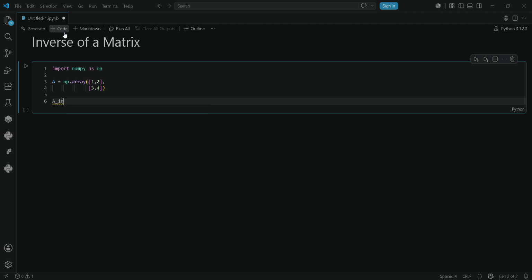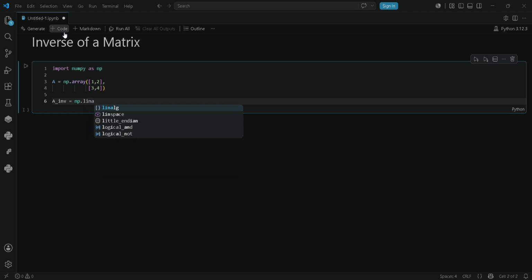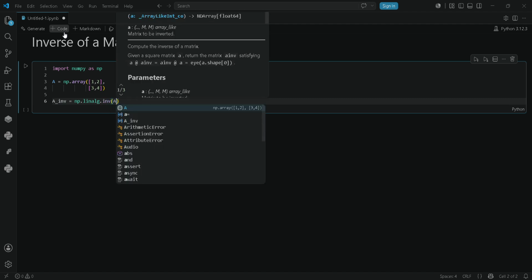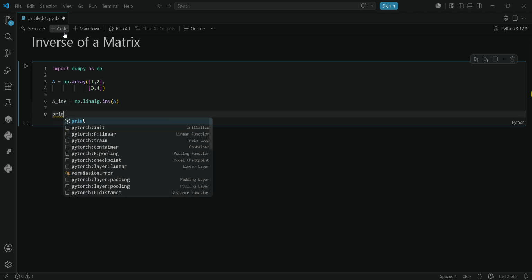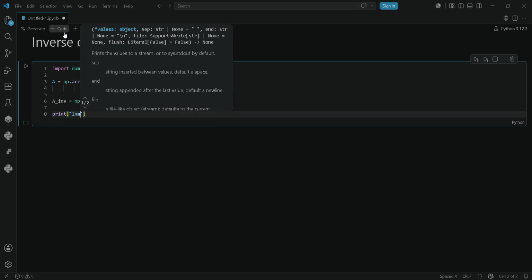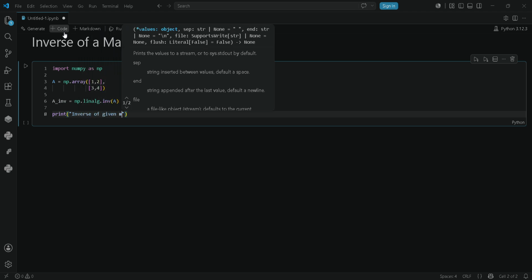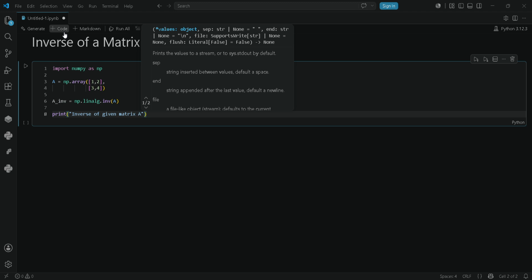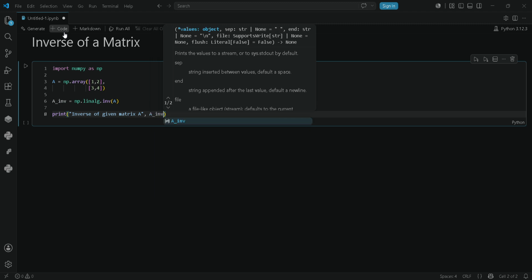calculate its inverse. Let's define a variable a_inv, equal to np.linalg.inv of A, which is used to calculate the inverse of the given matrix. Then print the inverse of the given matrix A, then assign a_inv,